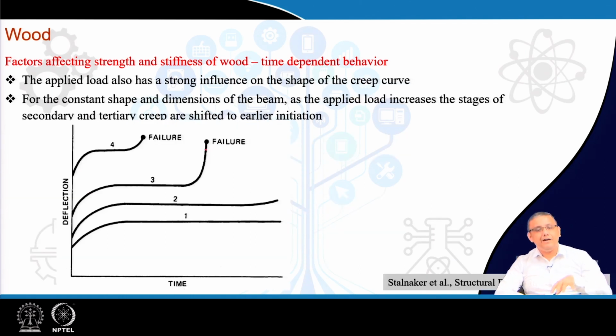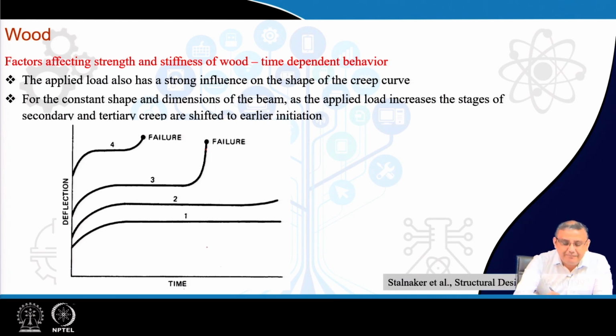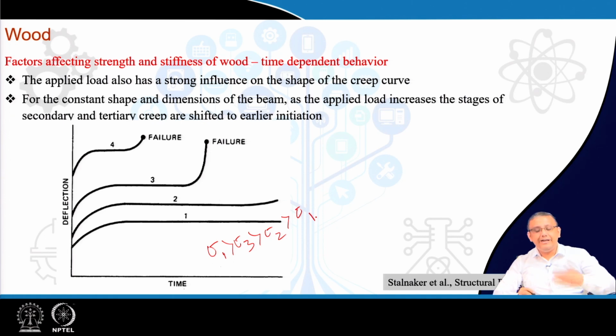Now, the shape of the creep curve typically depends upon the amount of stress, that means how much stress has been applied. So, again in this case sigma 4 is more than sigma 3, then sigma 2 and sigma 1. That means, as we keep on increasing the stress, that means the load applied on the wood, we initially see the instantaneous deformation over here, but then depending upon how much